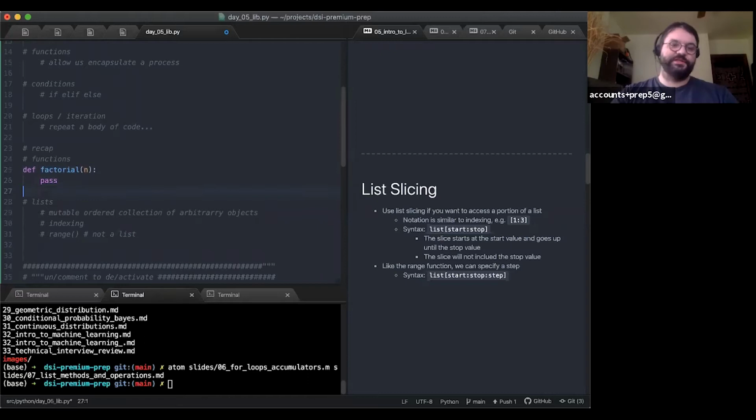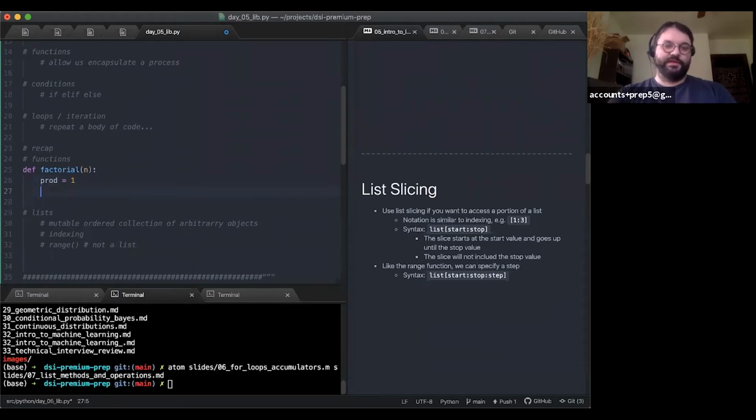So if we do the factorial function, if I say prod, and I'm assuming you just know what factorial does, but if you don't, the factorial of a given number is every number, starting at 1 or 2, it actually doesn't matter, times every other number sequentially up until and including that number, right? So we can determine factorial of 4 by doing 1 times 2 times 3 times 4, or 2 times 3 times 4.